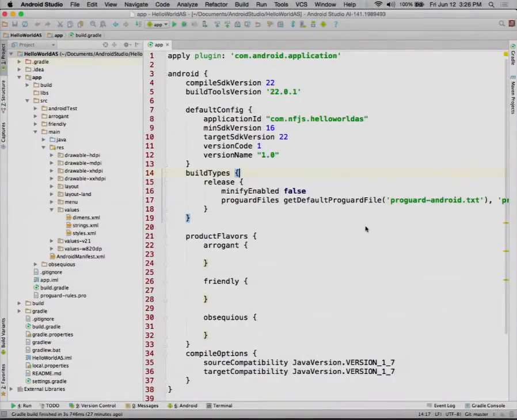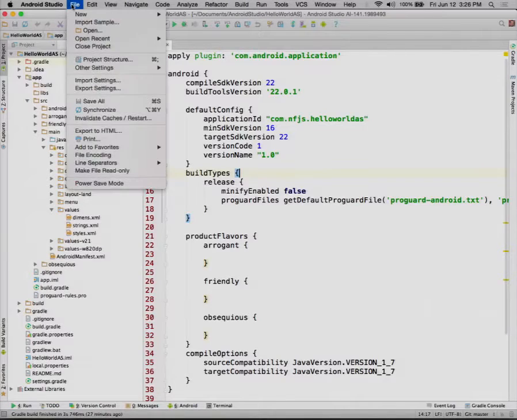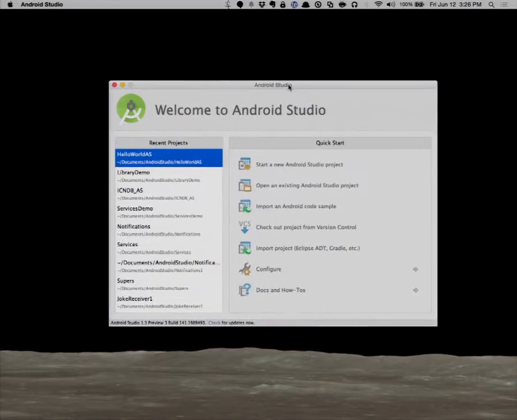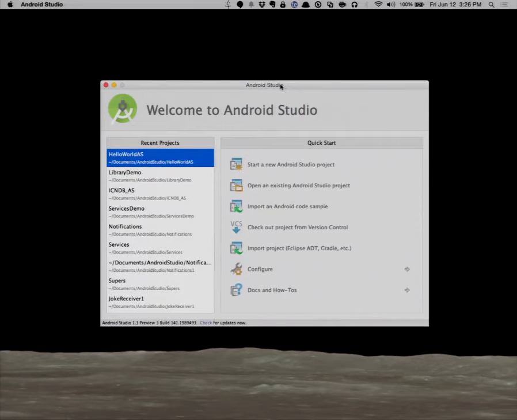All right, now let me actually go build something. Here is Android Studio. Let me close this particular project, because I'm going to run through 2 or 3 of them. But I want to show you the process of building a brand new project, and then I'm going to abandon it pretty quickly, but I want to show you the generated Gradle build files so you have an idea what they look like.